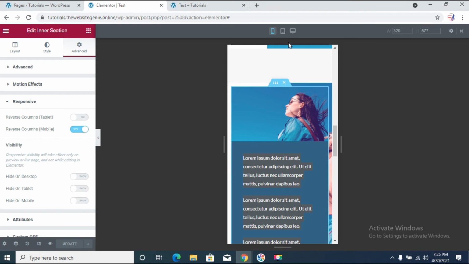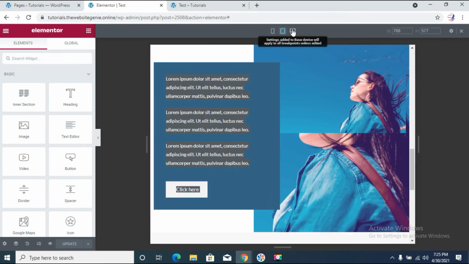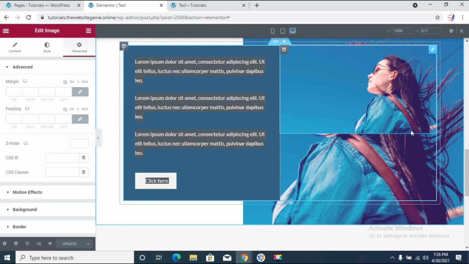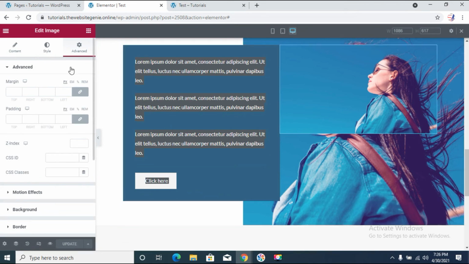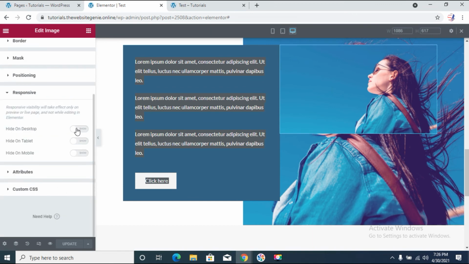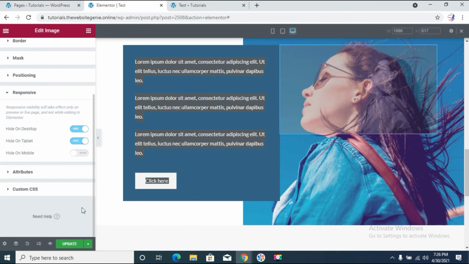The last problem that we have to fix is, since we have added the image for the mobile version, that image is also added for both the tablet and desktop versions. So we need to hide the image for the tablet and desktop versions, so that it is visible only for the mobile version. We'll left click on the image, go to advanced, go to responsive, and click on hide on desktop and hide on tablet. Now if you update that,